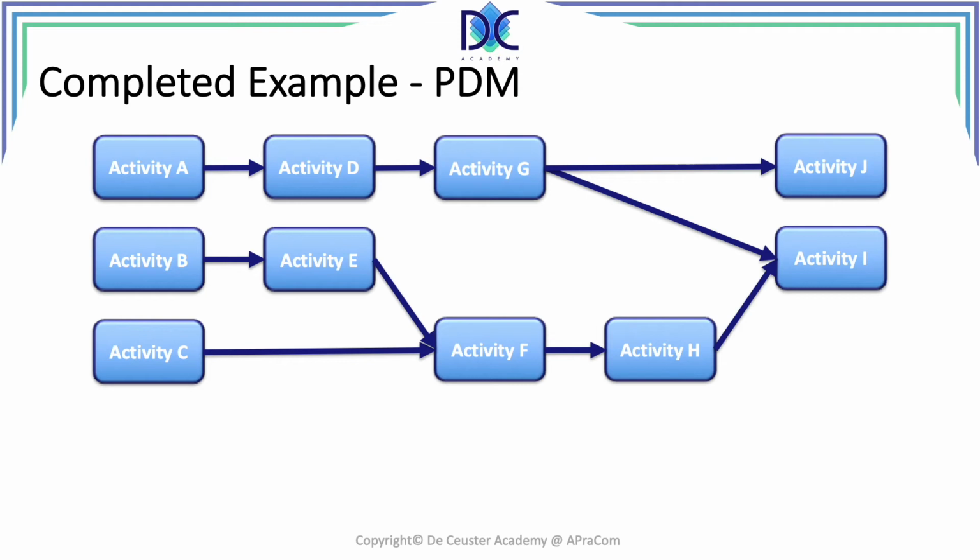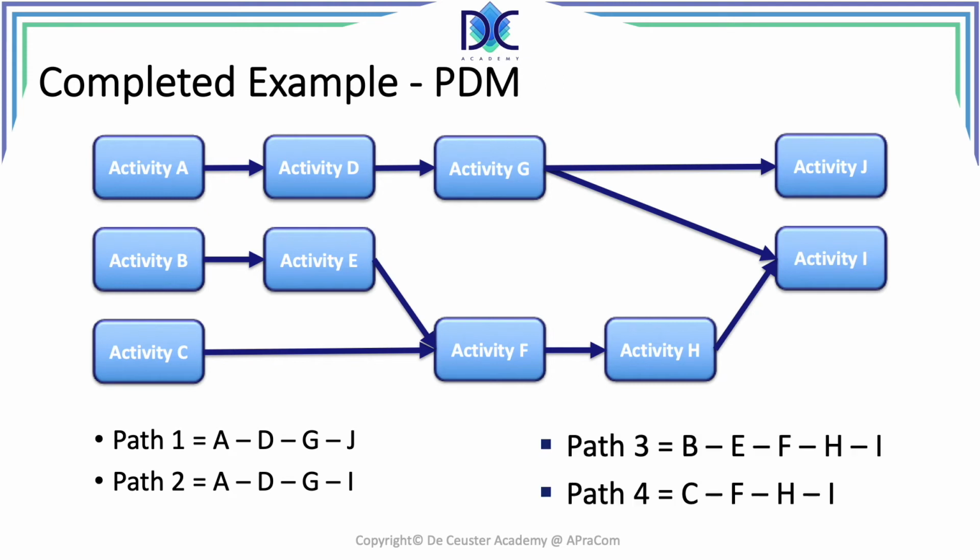Let's have a look at the precedence diagramming method. Here we have the activities A to J. And what we have here, in fact, are different paths through the network. We have A, D, G, J. We have A, D, G, I. We have B, E, F, H, I. And we have C, F, H, and I. And what we're going to do